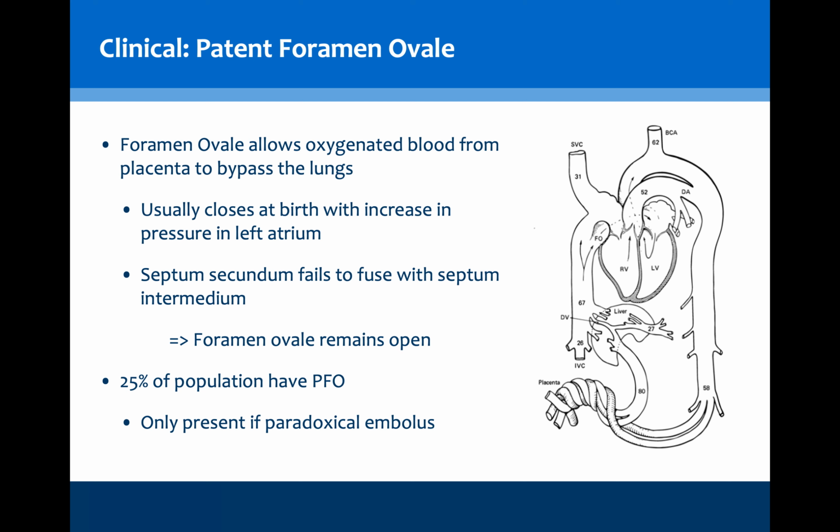Now, if the septum secundum is too short and doesn't fuse with the septum intermedium, it may remain open. And this can present clinically through a paradoxical embolus. This occurs where a thrombus forms in the venous system, but then the embolism deposits in the arterial system. This occurs because the venous embolus will return to the right atrium, and whereas typically it would be filtered out